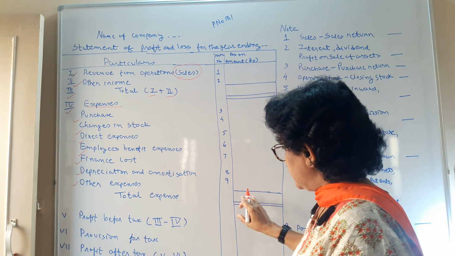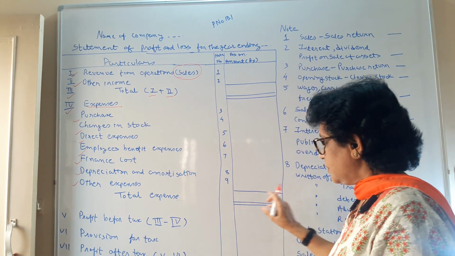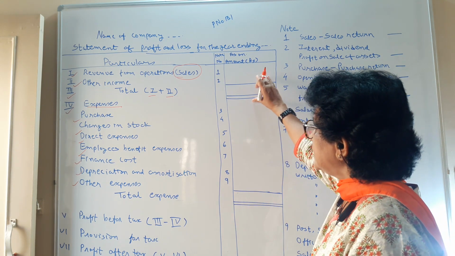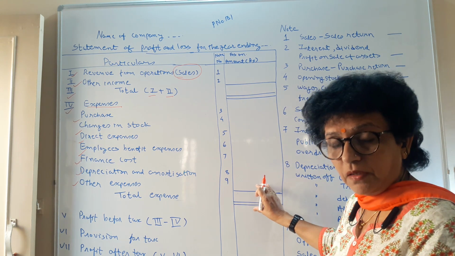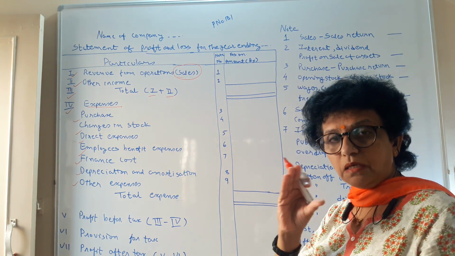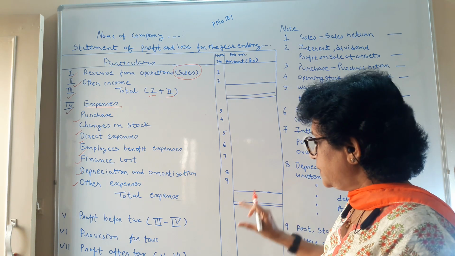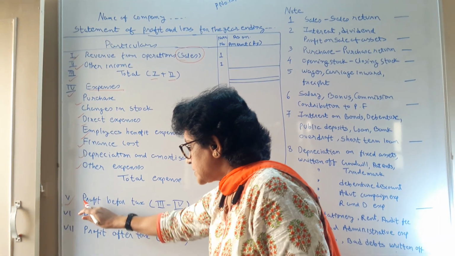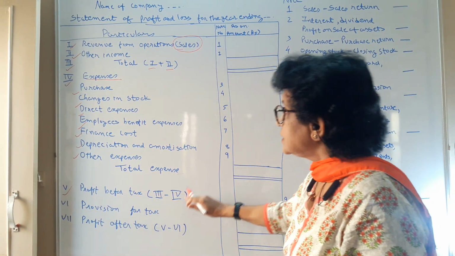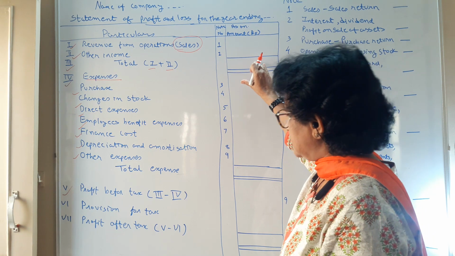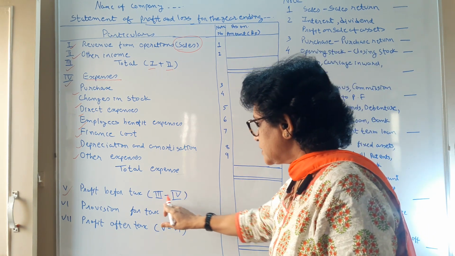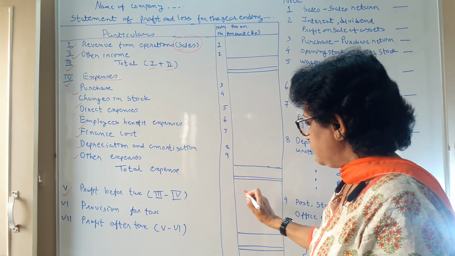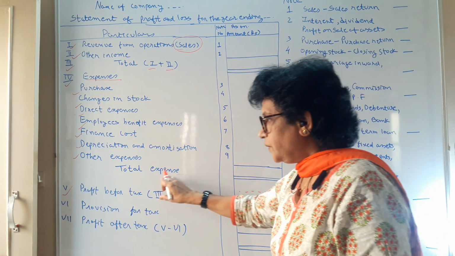So total income, then total expense, again draw the line: one line above, two lines parallel below, which indicates that this is a different figure. This talks about a concluded figure that is to be considered. So what does profit mean? Profit before tax means your point number 3, that is the total income, minus your point number 4, that is the total expense. That will give you the profit before tax.